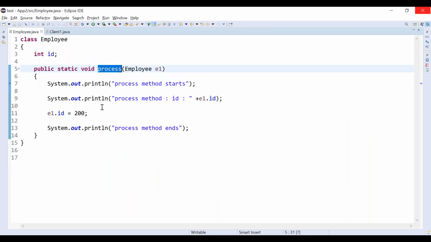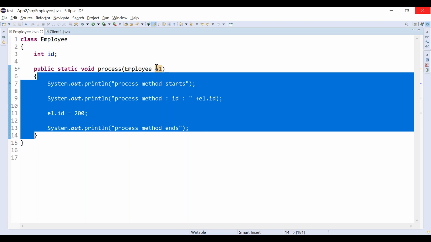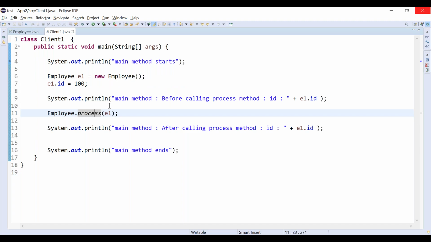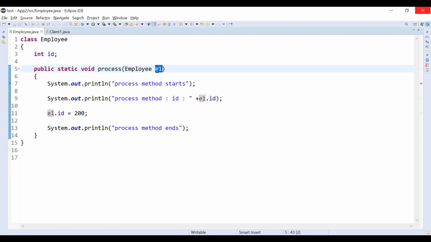Inside the process method, you are again pointing e1. This e1 is local to the process method, while the other e1 is local to the main method. If you are confused, you can rename it to obj1, correct?